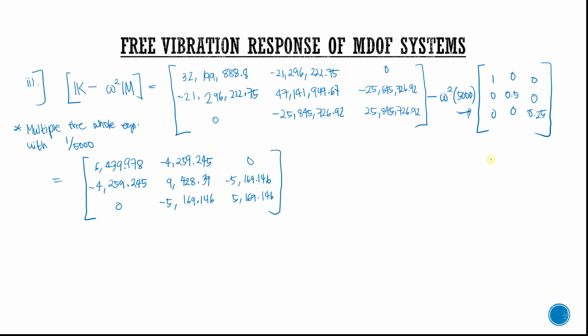And then on the other side, we have the 5,000 divided by 5,000. That is just equal to 1. So minus omega squared times the mass matrix: 1, 0, 0, and then 0, 0.5, and 0, and 0, 0, and 0.25. Now, later on in our calculation for the mode shapes of this specific multiple degree of freedom system, the omega squared might be bothersome to